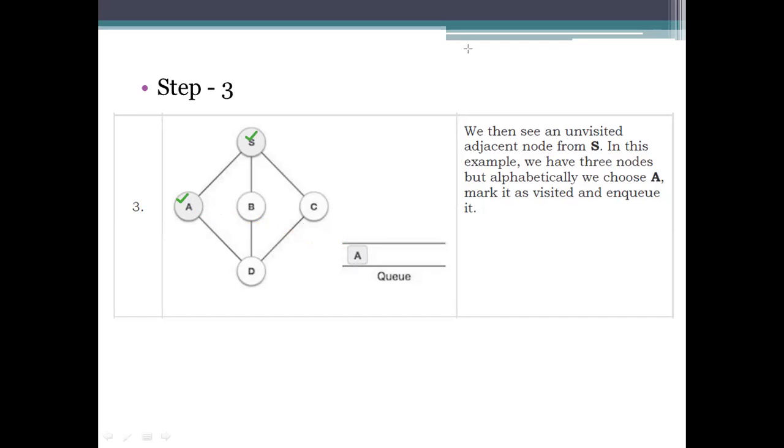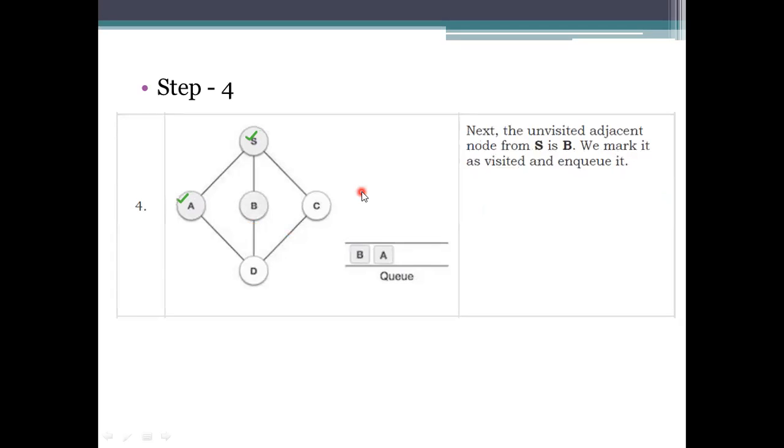Next, we check whether there are any adjacent nodes, whether it has edges or not. As it has edges, two edges are left. So here we need to traverse to the adjacent node, from here to here, and then we go to B. So this is a visited one.